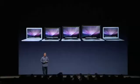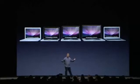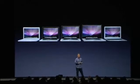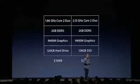Now, if you know some of the other things we've been up to lately, you know that just a week and a half ago, we updated the configuration of the white plastic 13-inch MacBook. So that has a slightly faster processor and bigger hard drive. So to complete the picture, we're also going to update the MacBook Air today as well, with some more aggressive